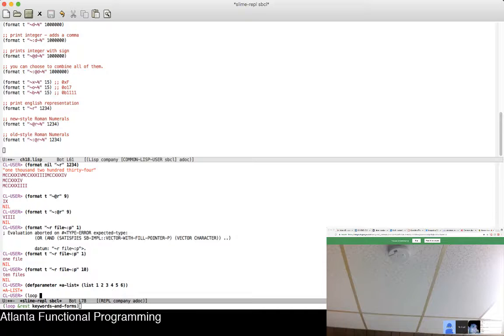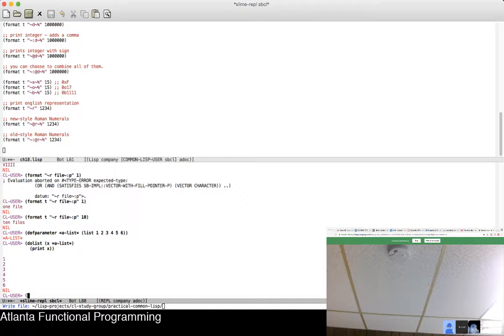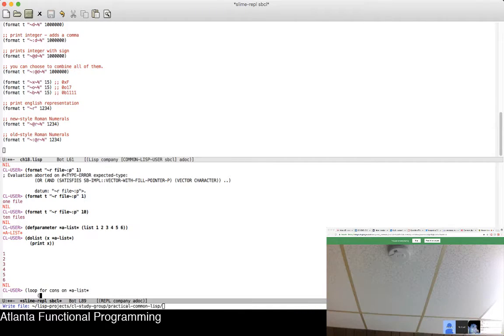One is let's do list x a list, and then it'll print it. You could do it that way, or you could go ahead and use the loop macro, which we haven't talked about too much yet, but we have seen use on it to print it out. So you can use this for some formatting actually, because you could do, this is straight out of